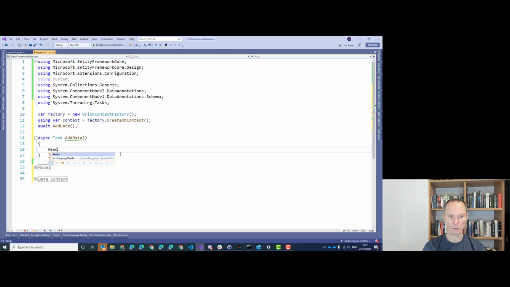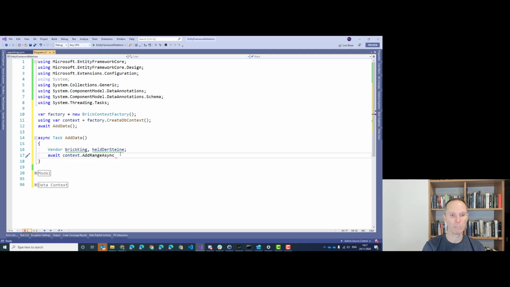So let's say vendor, I don't know, Brick King and Held der Steine, a famous YouTuber regularly showing interesting Lego buildings. Maybe you know him. And then let's create objects and add them to the database. This is now Entity Framework code,